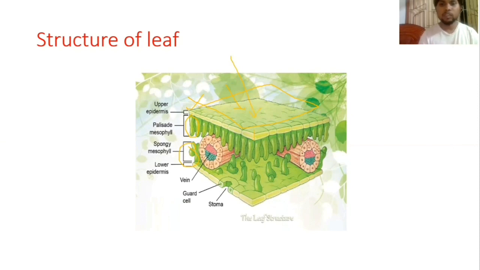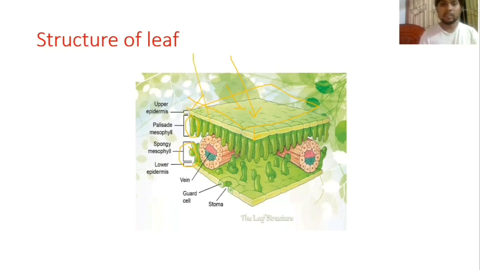Now coming to the palisade mesophyll cell. The major photosynthetic process happens here. Majorly photosynthesis happens in the palisade mesophyll cell. I said majorly or maximum. Why majorly? Then why is the spongy mesophyll cell required? See,